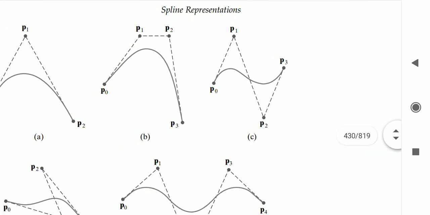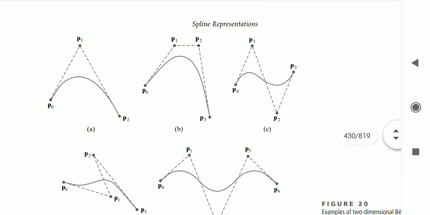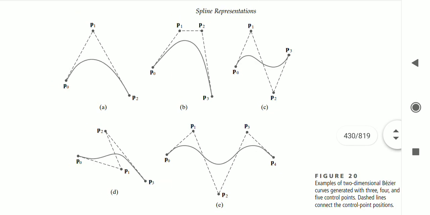I'll show you one example. By seeing this you can understand Bezier curve. See figure number 20. There are 5 figures here. Now here a curve is drawn. You can draw a curve with any number of control points, but mostly we use 4 points only. In MS Paint also we used to give 4 clicks, so a curve will be drawn. In the lab program also we'll use 4 control points: beginning point and end point and in between 2 points. Based on these 4 clicks a curve will be drawn.